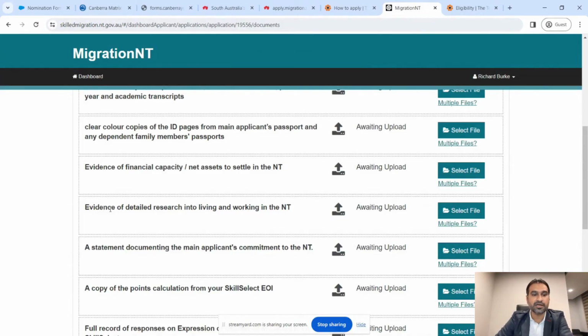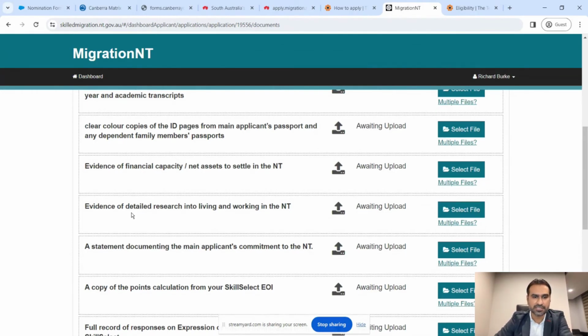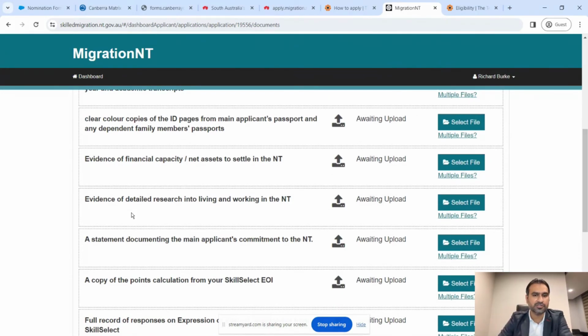The next section is about the evidence of detailed research into living and working in the NT. So this is actually in your own words. You can search about different jobs in NT related to your occupation, related to your experience. You can also search about the lifestyle and the living expenses and a few other things in the NT. You can do it through web research, and you can create a write-up of a single page or two